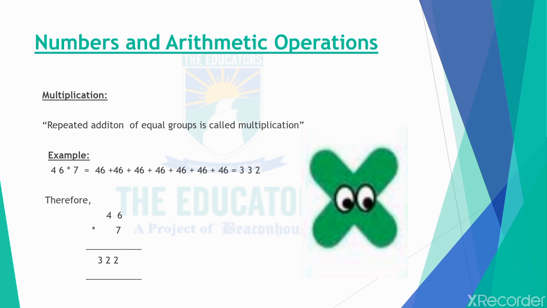Now we would multiply 7 by 4. We would read the table of 7 till 4, and the answer we get is 28. Now in that 28 we are going to add that carry. What was that carry? That was 4. Let's add that carry into 28: 28, 29, 30, 31, 32. So we would simply write 32 in the answer. So what is our answer? Our answer is 322. This is our multiplication procedure, the method which we are going to use.